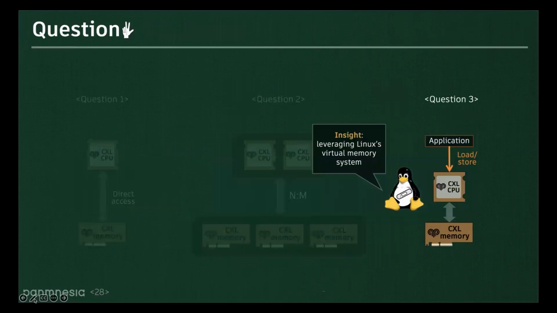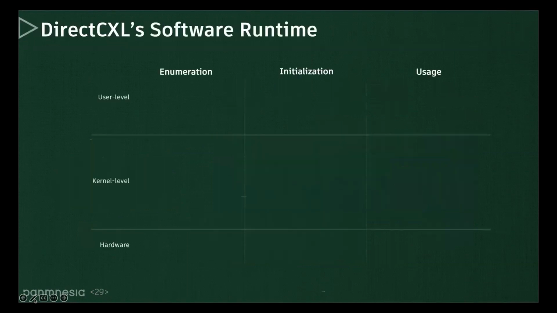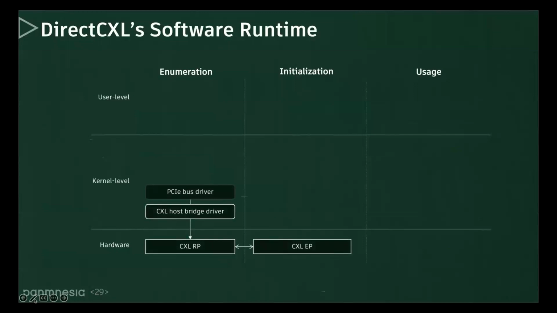To expose CXL attached memory space to the user, we leverage the Linux memory management system. The software runtime of Direct CXL consists of an enumeration phase, an initialization phase, and a usage phase. When the Linux PCI bus driver performs enumeration, our CXL host bridge driver discovers CXL memory devices. Remote memory of each CXL memory device is mapped to the system so that the CPU can issue memory requests